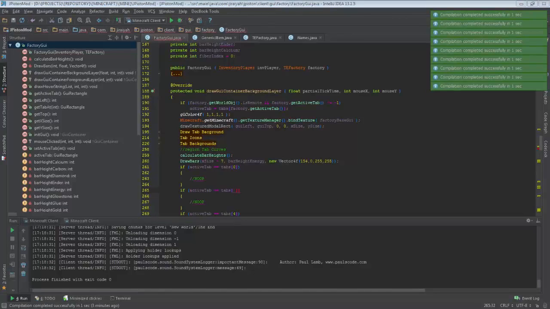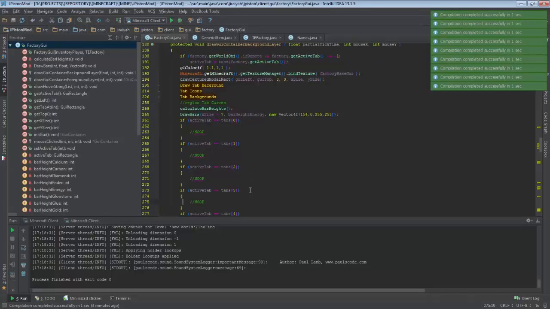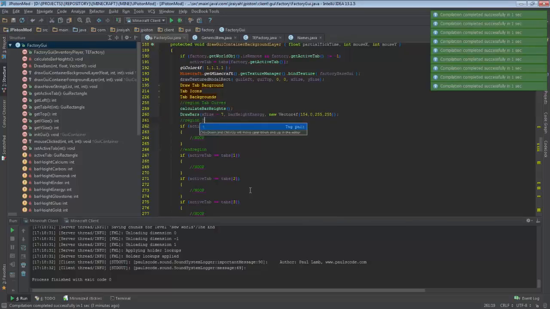Sorry for the break. Okay, so tabs 1, tabs 2, and tabs 3, of course. And in each one of them I will comment, because that would be the section for each of them. So this is tab 1,